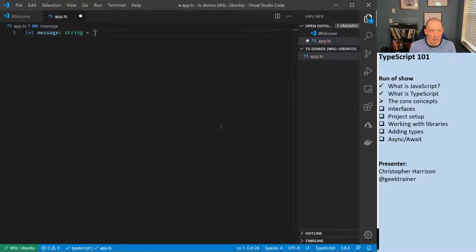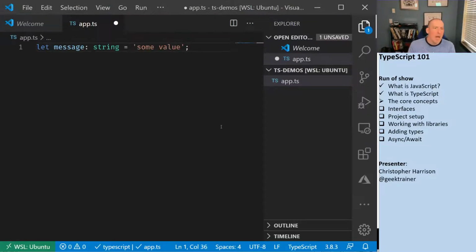Okay, so as we've already seen, I can say let message, indicate a data type, equal to some value just like that. We've already seen this. Now, since I've already talked about this little let command, what let allows me to do is overcome this JavaScript quirk. If I do this,